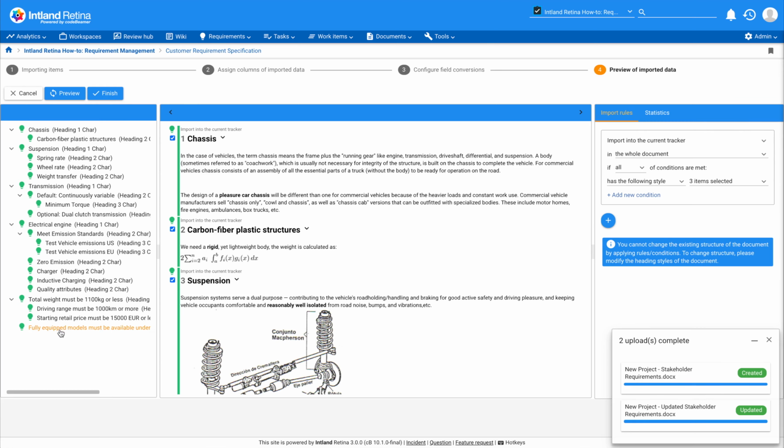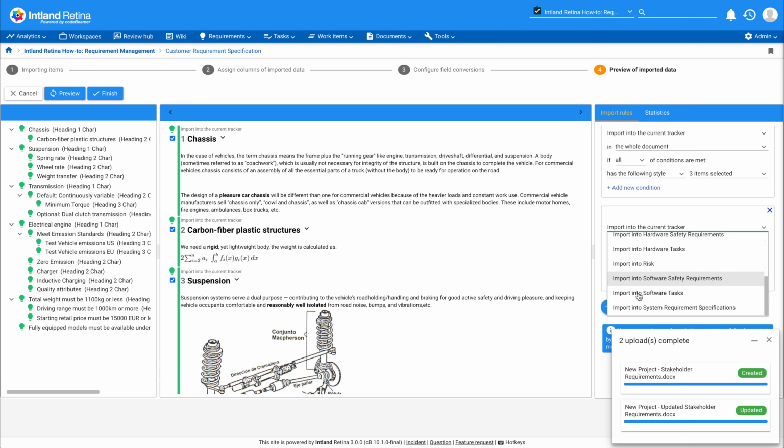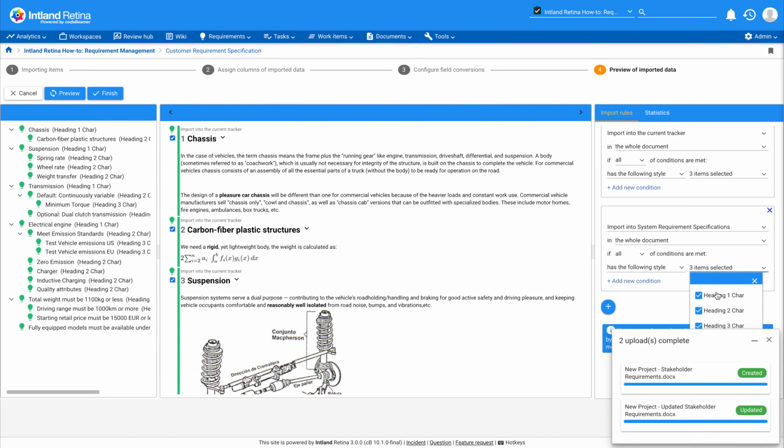On the left-hand side, you see the structure of the document. In the middle, you see the preview of the requirements. And on the right-hand side, I can set import rules. I know that my document contains some system requirements, not only customer requirements at this point. So I'm going to apply an import rule and import the heading 2 and 3 items into my system requirement